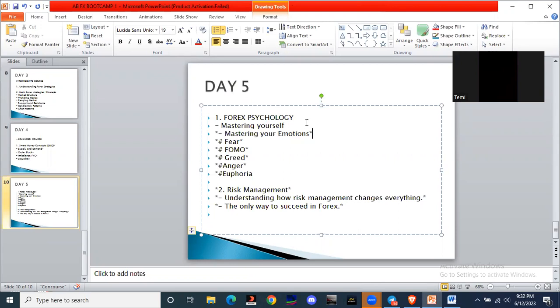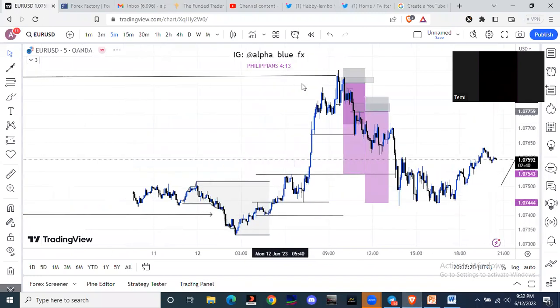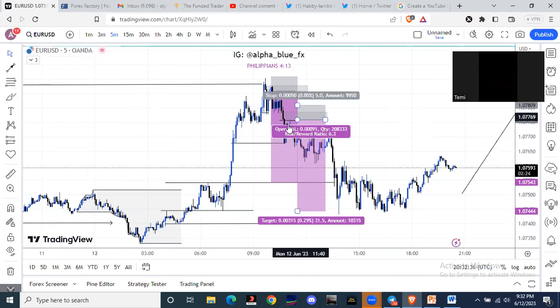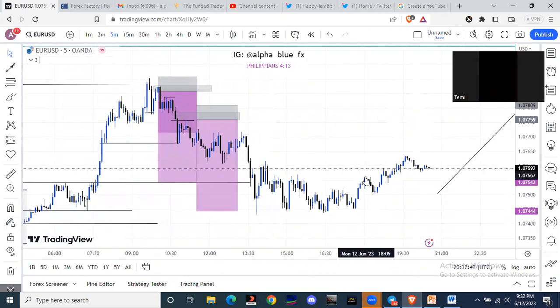Now, take for example this trade that we missed today. Imagine that we were able to predict that this market was going to sell, but still we were not able to get into this trade. Typically, you will have been very, very angry that you're missing out on this trade. And that is what is called FOMO, fear of missing out. This is money that you would have potentially made, but you were not able to get into the trade because it didn't meet your entry criteria.